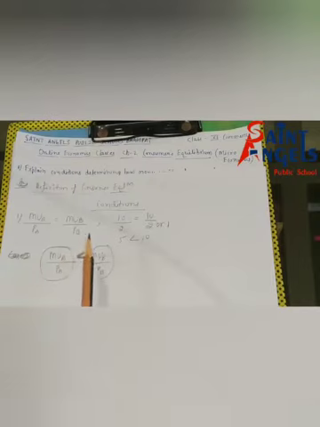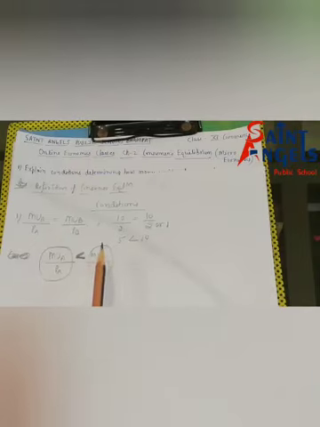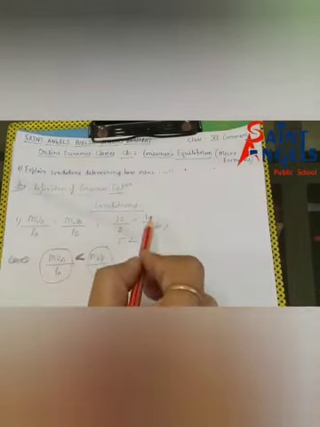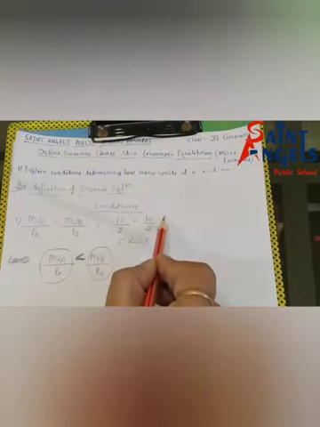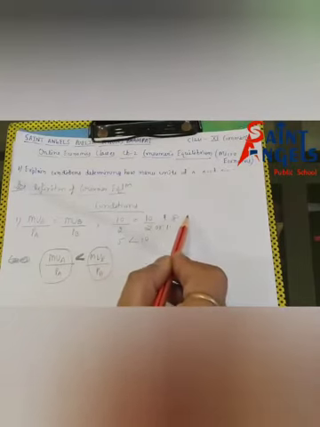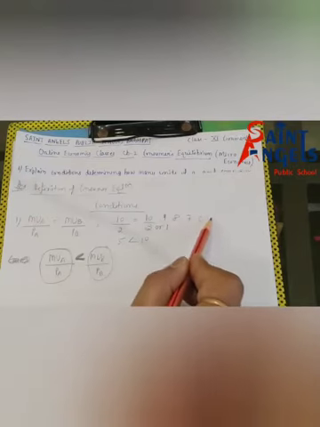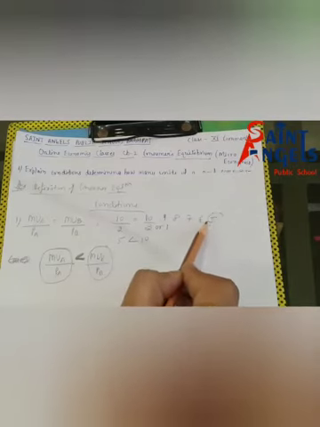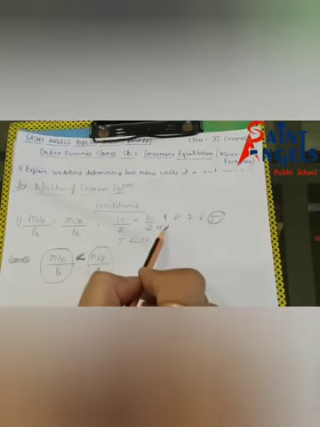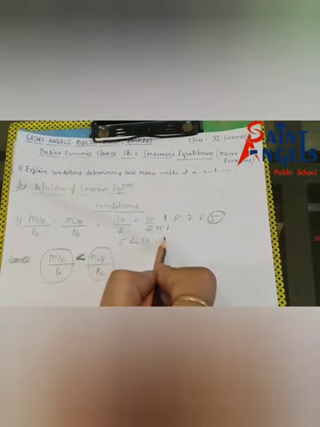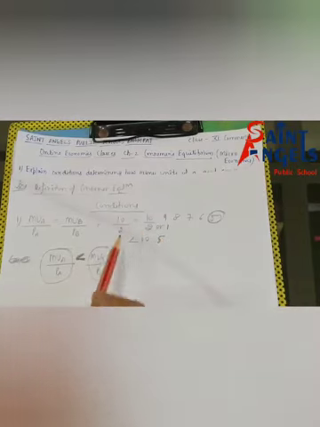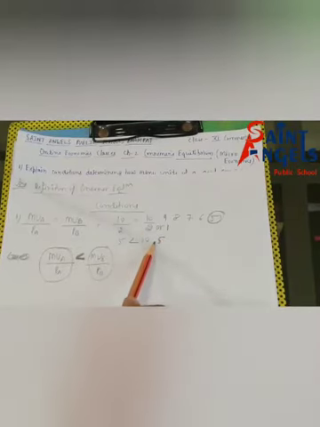So the consumer will purchase more units of good B. This leads to a decrease in MU. A decrease in MU means, see here, from 10 to 9, 9 to 8, 8 to 7, 7 to 6, 6 to 5. See, 5 divided by 1 will be equal to 5, which means the consumer will reach equilibrium.